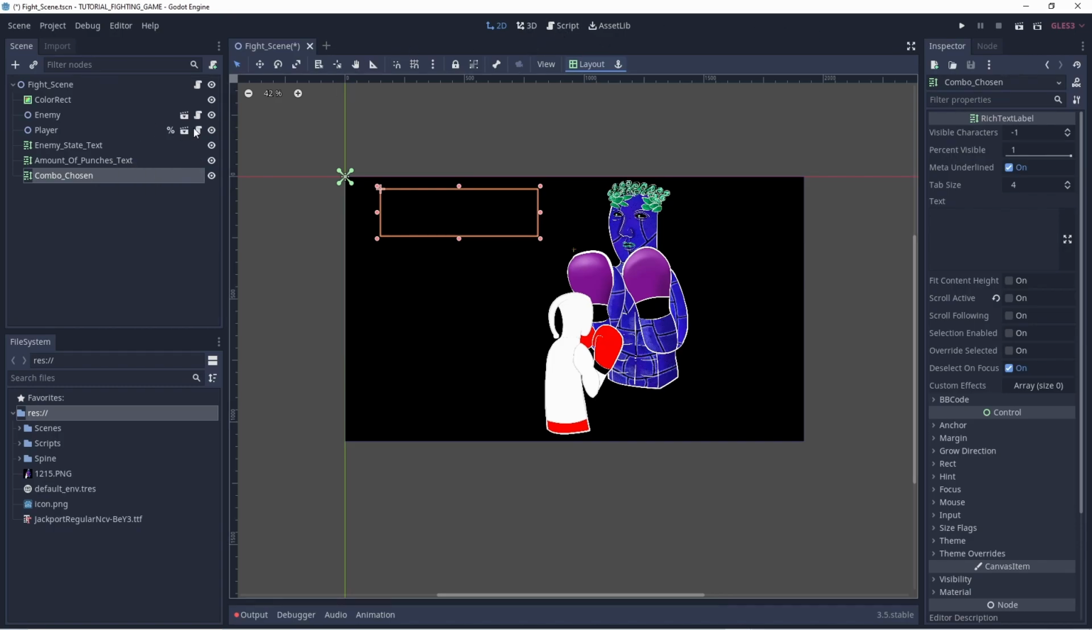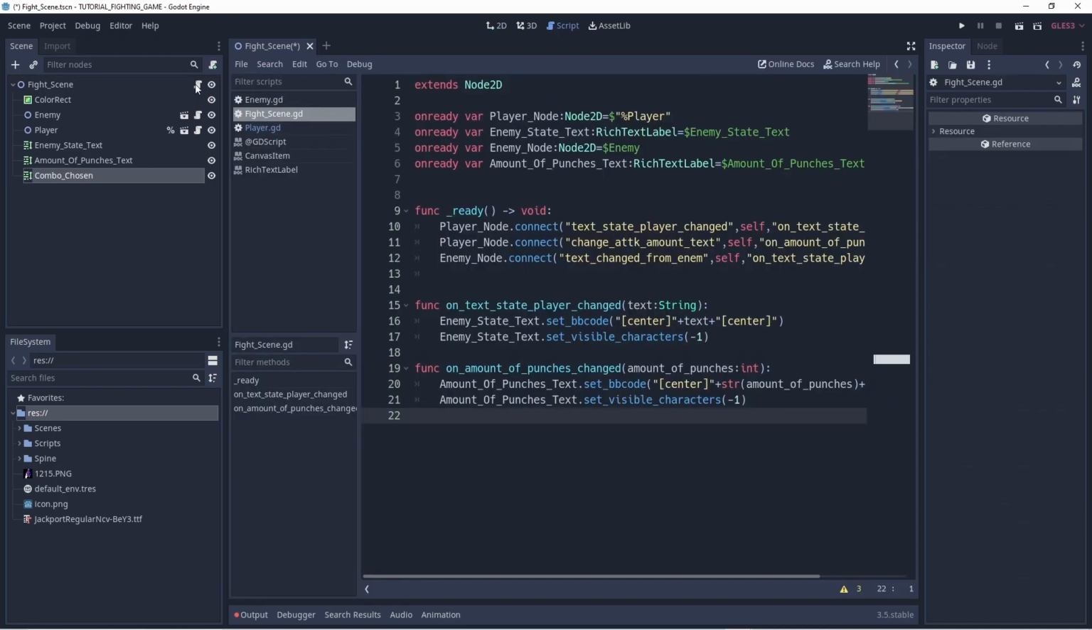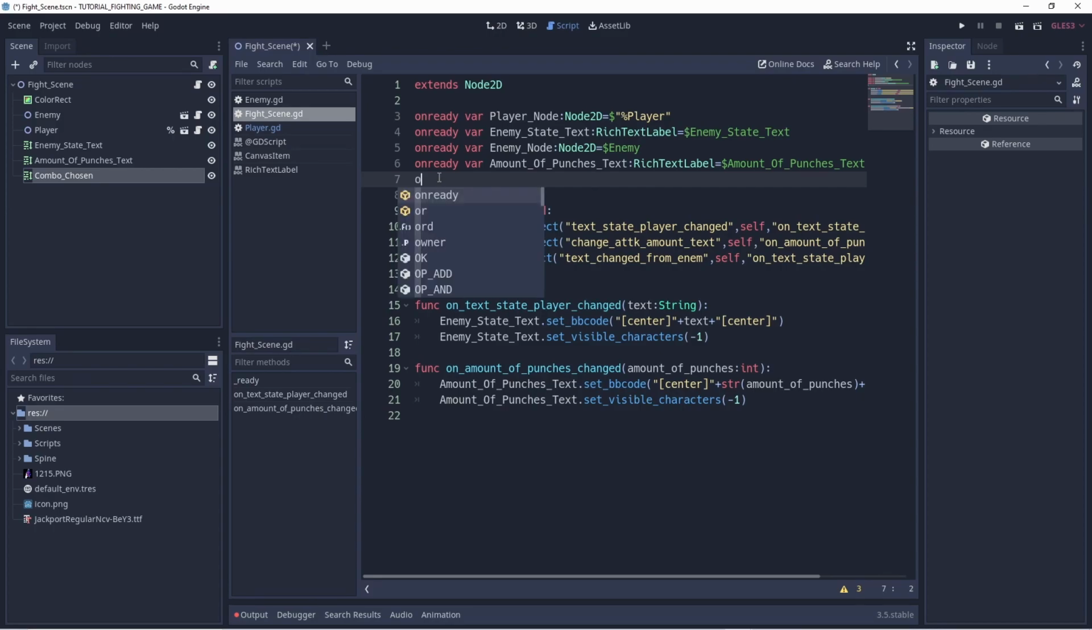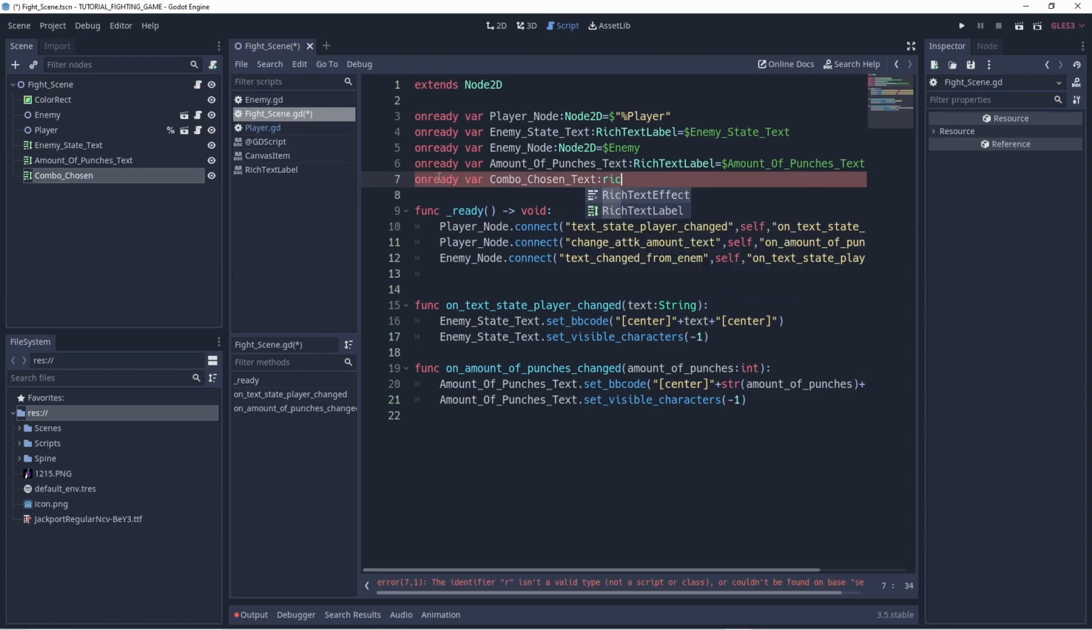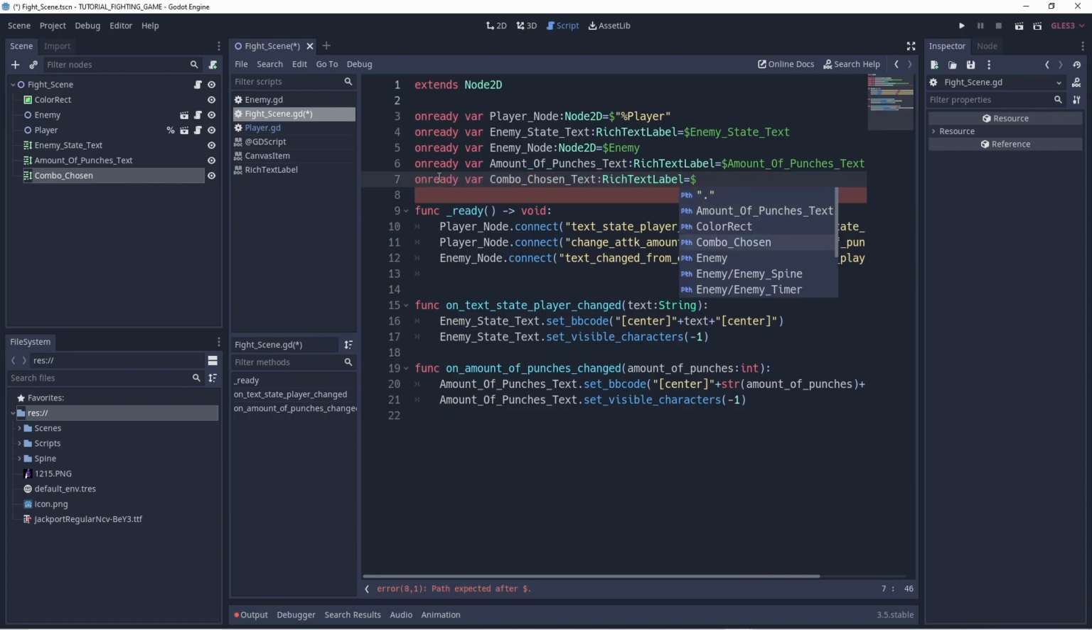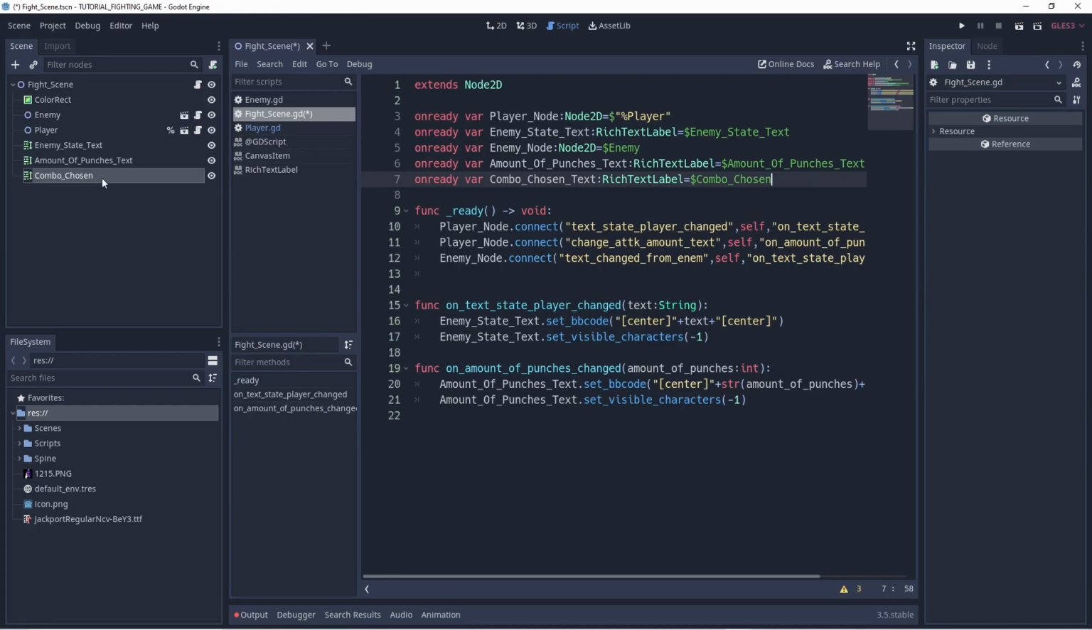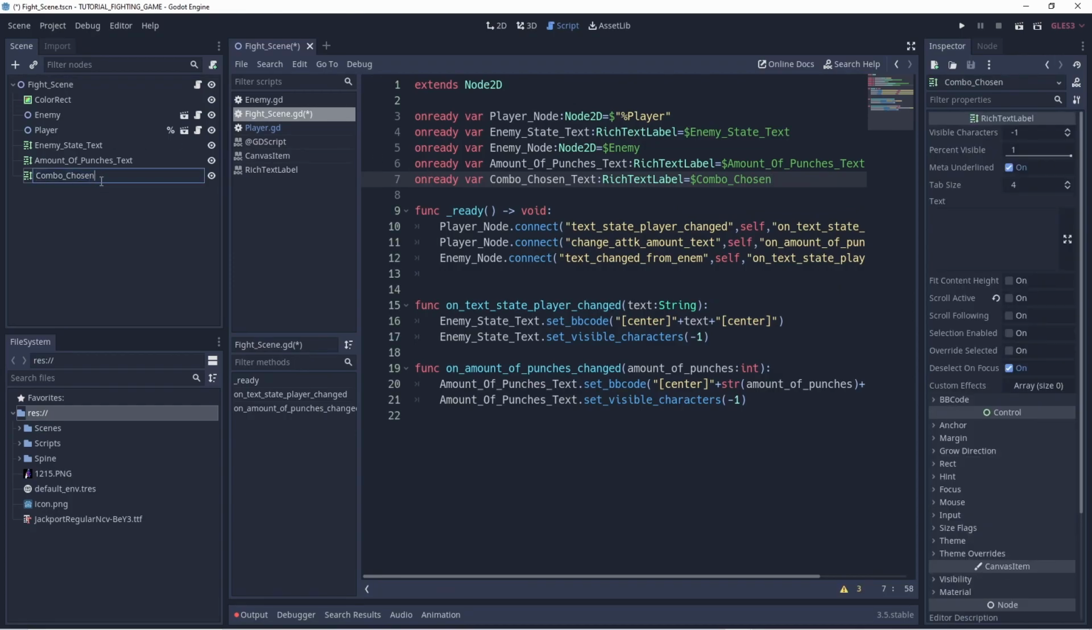So let's go to the script, player script, no, we said fight scene script, and let's call this onready var combo chosen text, because it's a text, okay, and it's a rich text label, and we get the node that we want, that is combo chosen. Okay, I think I will write down here text, because I need to be as precise as possible,